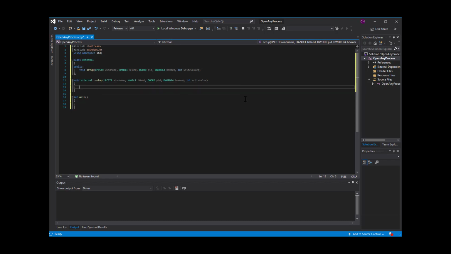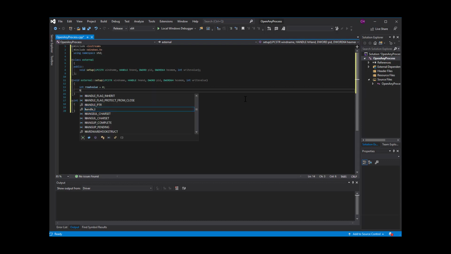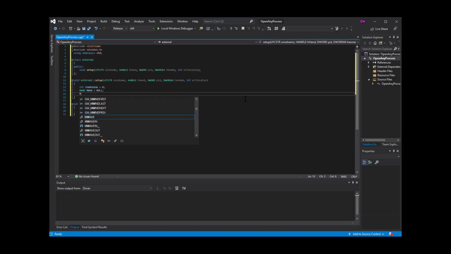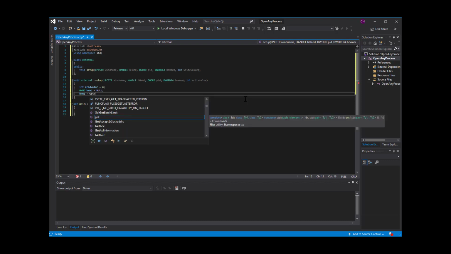Now we can do the definition. So first, we're going to have int readValue. It will equal 0. Okay, and we're going to have hWnd, handle window. We're going to make this a null parameter. Now we're going to do hWnd equals Get Window